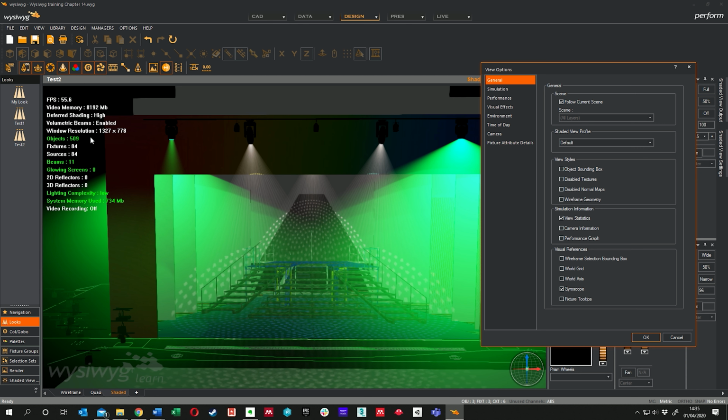I've done a lot of productions where we had a lot of red. It depends on your graphics card. So I'm running a GTX 1080 on this PC. It's a bit of an old graphics card now actually. It's a couple of years old, but in the PC that I hire out for Wysiwyg commercially,